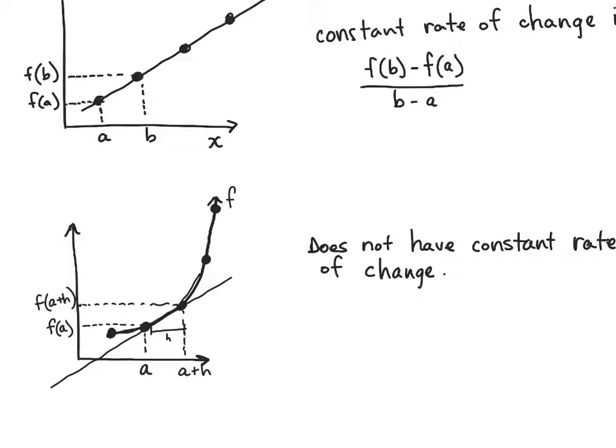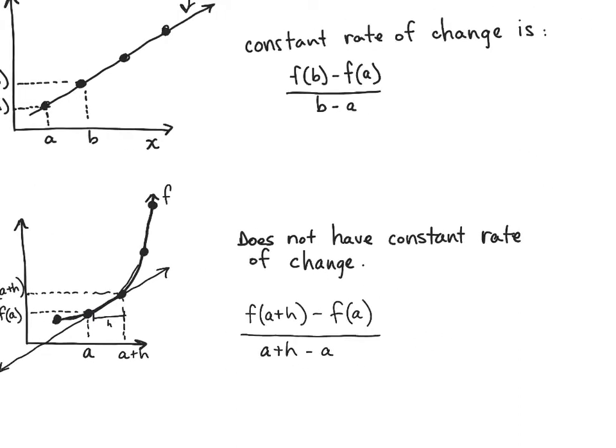So the difference quotient considers the slope of a line between those 2 points. It's what's known as a secant line. If a line goes through 2 points of a graph, we call that a secant line. And the difference quotient, in a nutshell, is evaluating the slope of that secant line. And so using the same formula that we used up here for the slope of a line, it's the difference in y values, which is f of a plus h minus f of a, divided by the difference in x values, which is a plus h minus a,